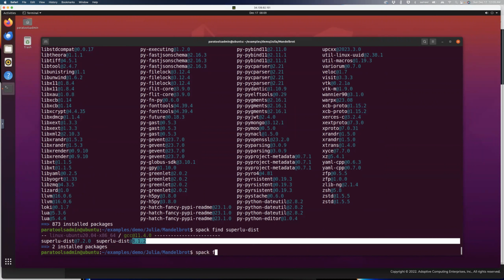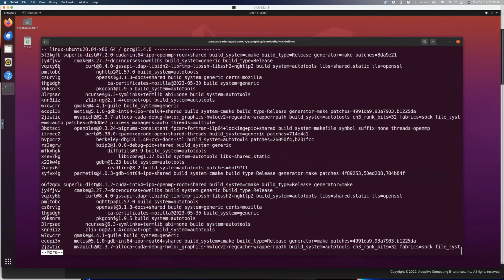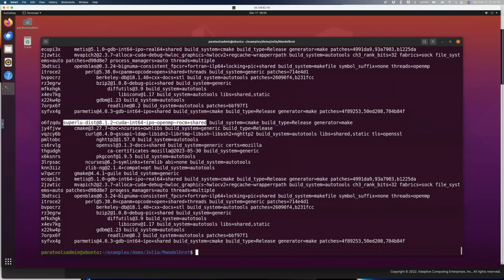If I say spack, show me the dependency listing, show me the variants of SuperLU-dist so I can compare these. And then I can see this is the hash, the 7-digit hash, and this is the SuperLU-dist 7.2. And it uses all of these packages with MVAPICH, and then SuperLU-dist over here, 8.1.2, and the variants. And if I wanted to look at a particular location, I could even use this hash over here and say spack location -i, and then